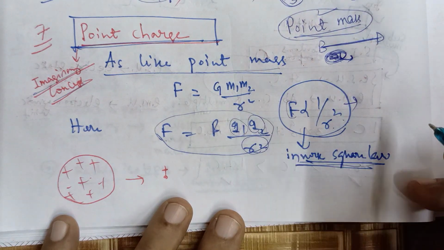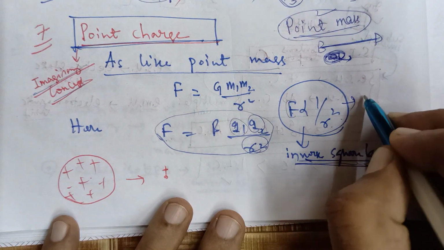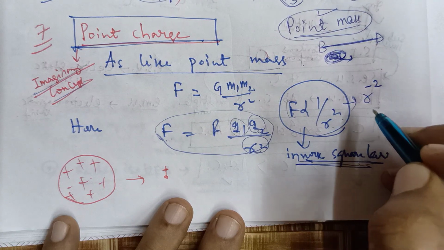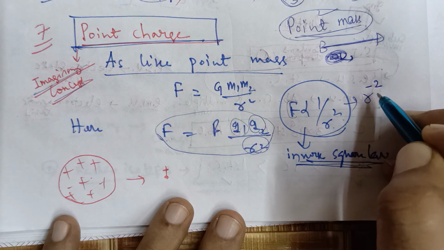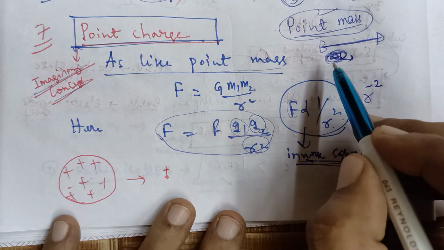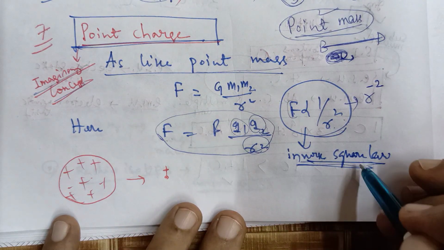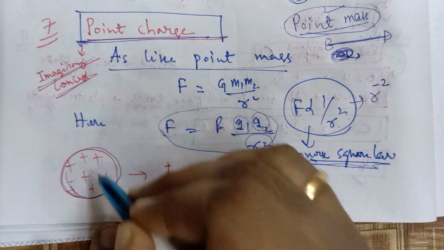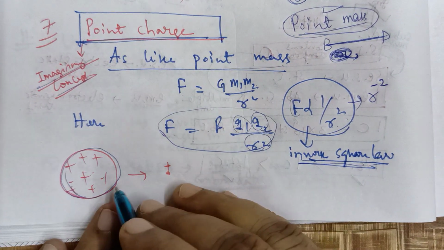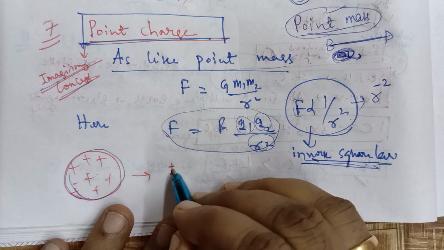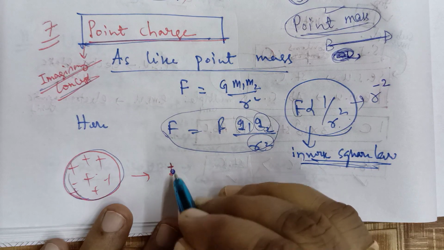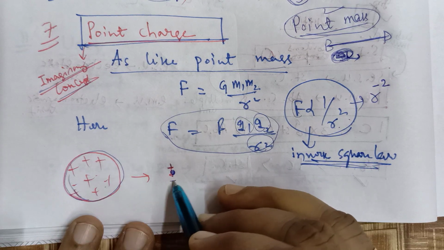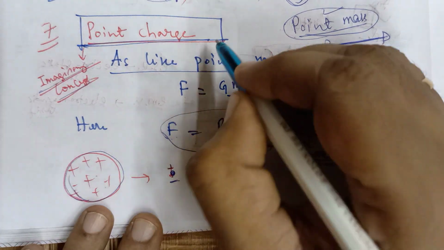Why is it named inverse square law? 1/r², that means r to the power minus 2. Minus means inverse, 2 means square. The point object and point charge always obey the inverse square law. For example, in a problem you are given a spherical body of positive charge. But in your pen and paper you just represent a point, and it is taken as a positive charge. That means this charged spherical body is taken as a point charge. This is a vital concept.